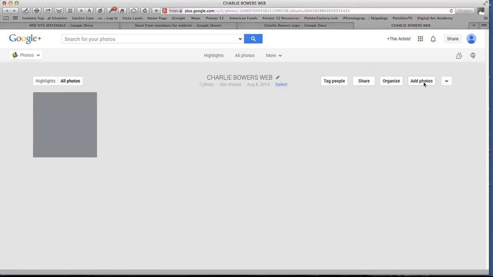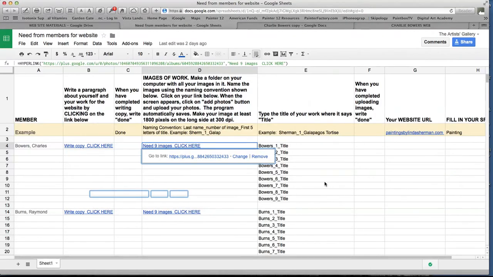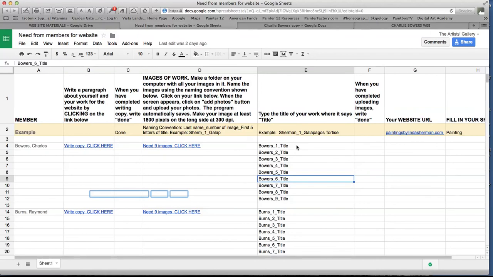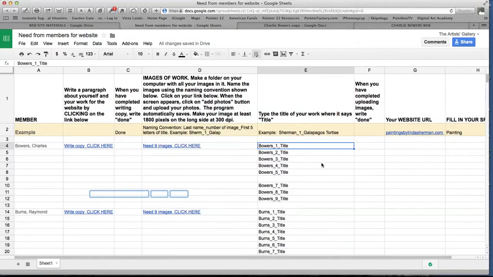the 9 images that she needs, actually let me go back to the document because she's got very specific requirements of how she wants the naming to be done. And you'll notice here is an example of what she wants. So last name, number, and name of the image, which is actually similar to what we suggested in the first movie of what we would like everything to be labeled. So you're going to copy and paste the names of your images in here,